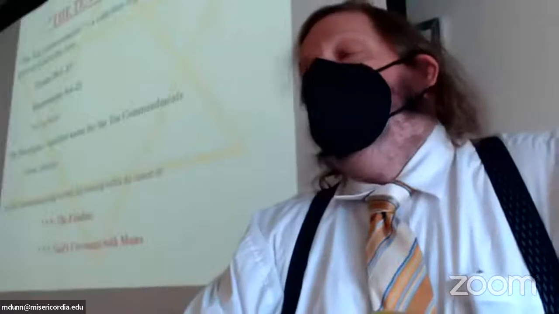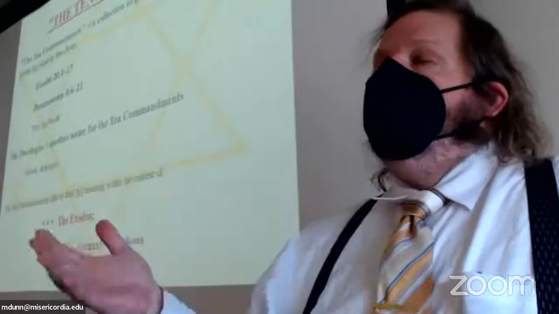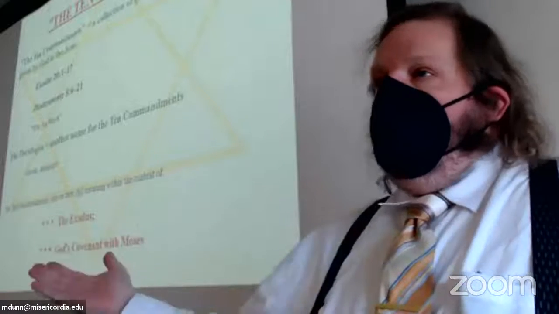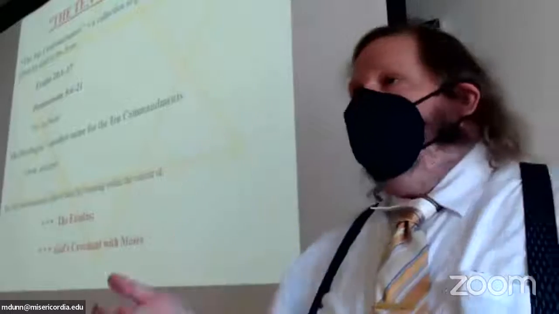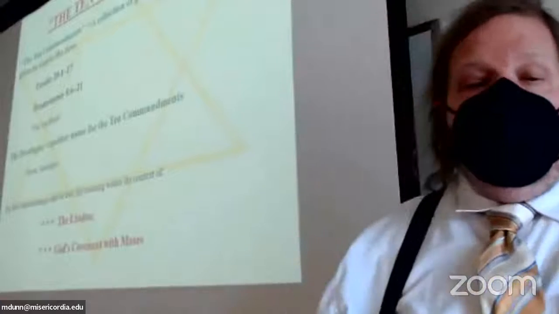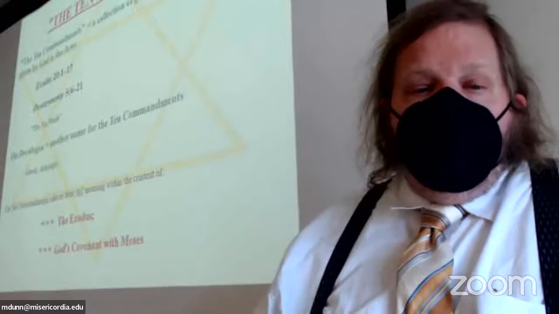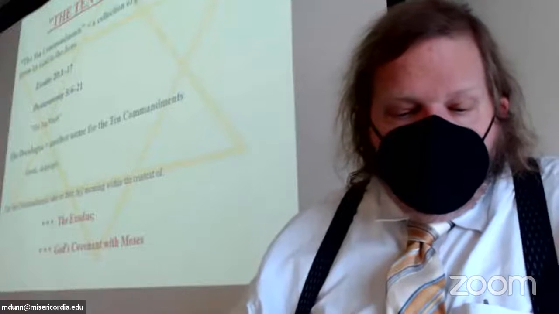What are they? They are the earliest laws of the Hebrews, at least as far as we know, and they are the foundational principles for community life. Okay, how the Israelites are to relate to their God, but also how they are to relate to each other. So there's a horizontal relationship going on, people, but there's also a vertical one with God. And you find this in just about every religion. There's a vertical relationship to the spirits or the gods, and there's also having to deal with people around you, so a horizontal relationship. Okay, nothing unique about that. And so these laws deal with the community life of the people.